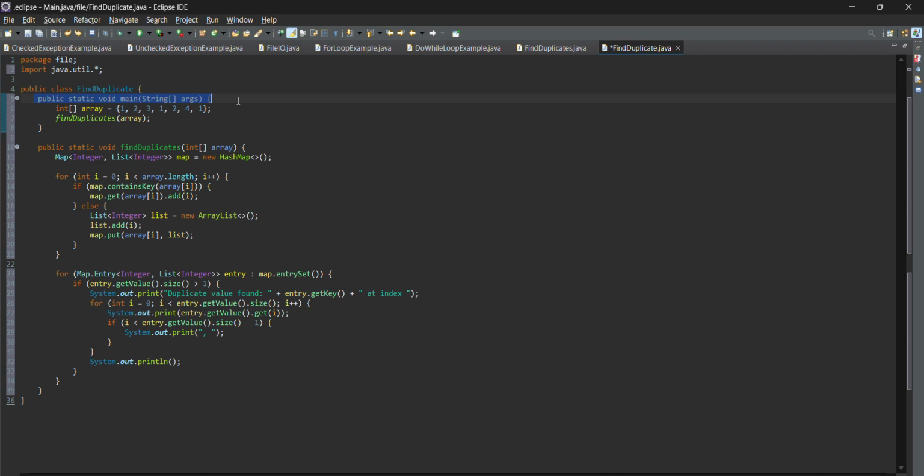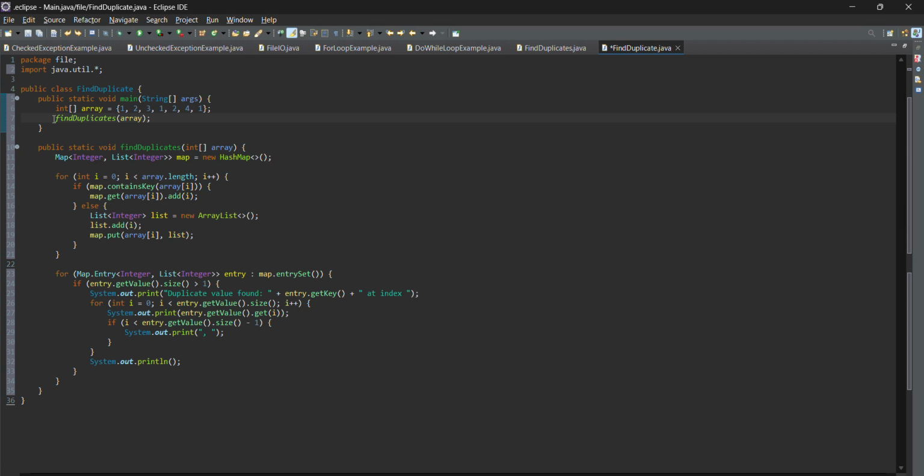This line, int array equals 1, 2, 3, 1, 2, 4, 1, declares an integer array named array and initializes it with the values 1, 2, 3, 1, 2, 4, 1.